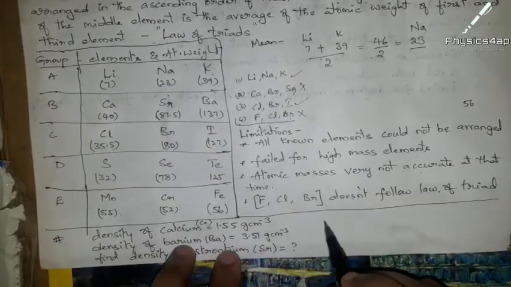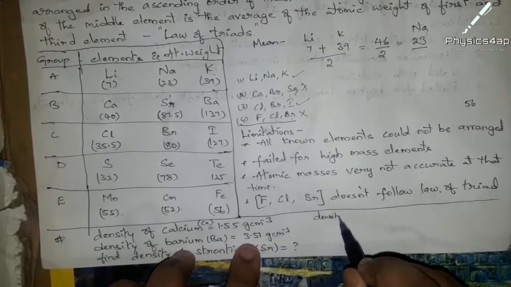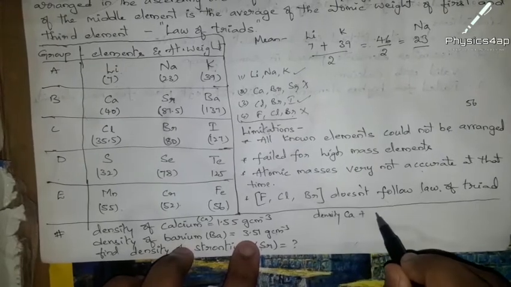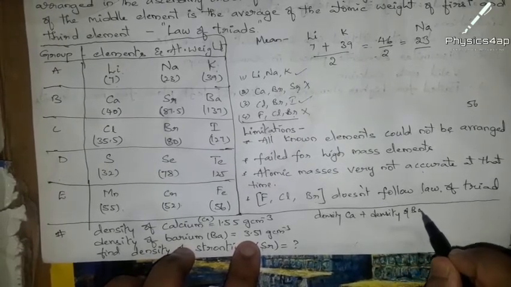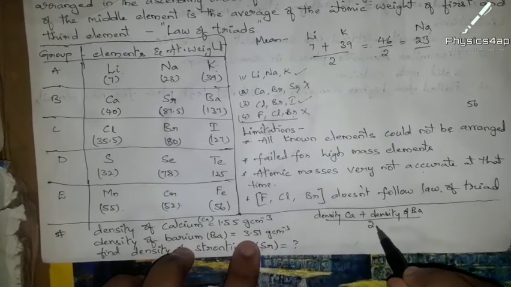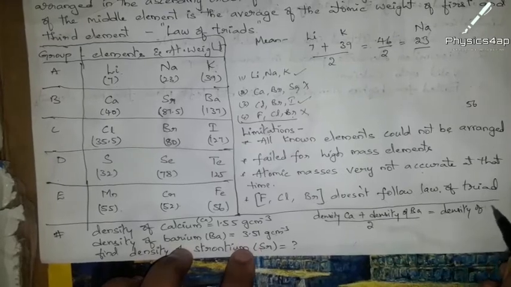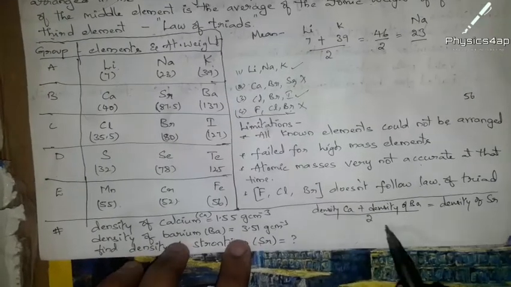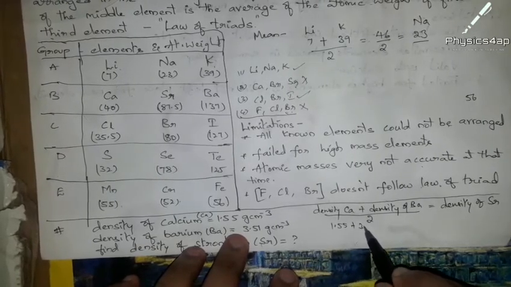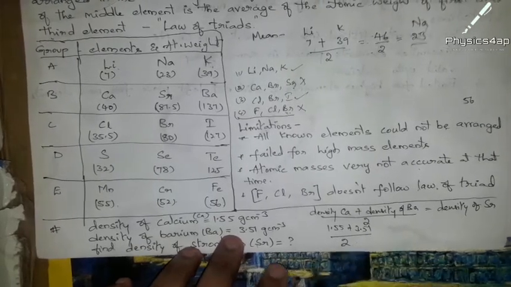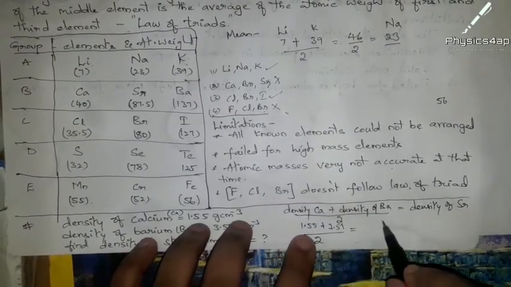So the density of calcium plus the density of barium, divided by 2, equals the density of strontium. So we get 1.55 plus 3.51, divided by 2. From this we get the calculation